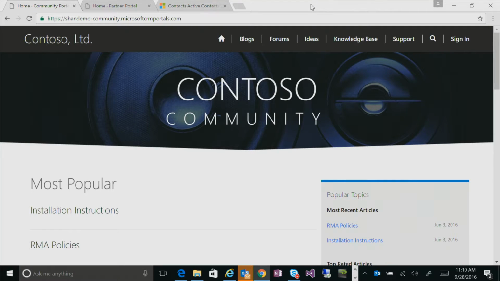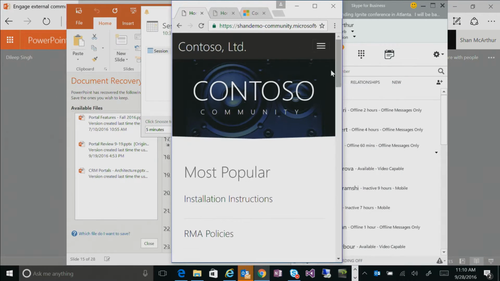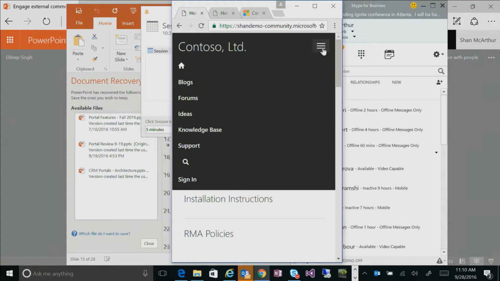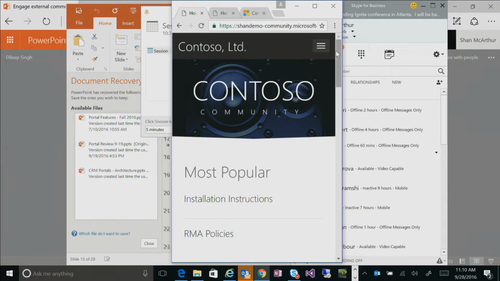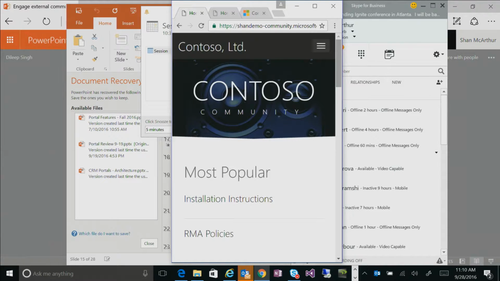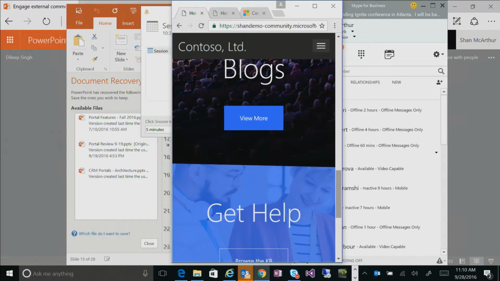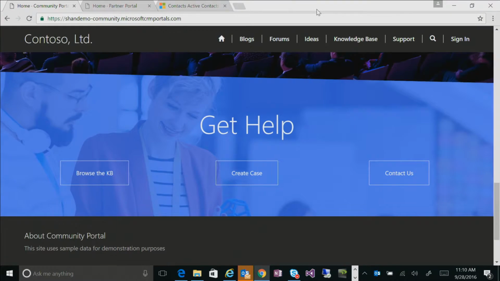So this is the full browser view. If you want to take a look at what this would look like on a phone, you'll see that this is a touch-friendly screen. If I use my finger and not my mouse, you can see I can still use the menu system and navigate around the website. The layout has changed completely to one more appropriate for the phone.